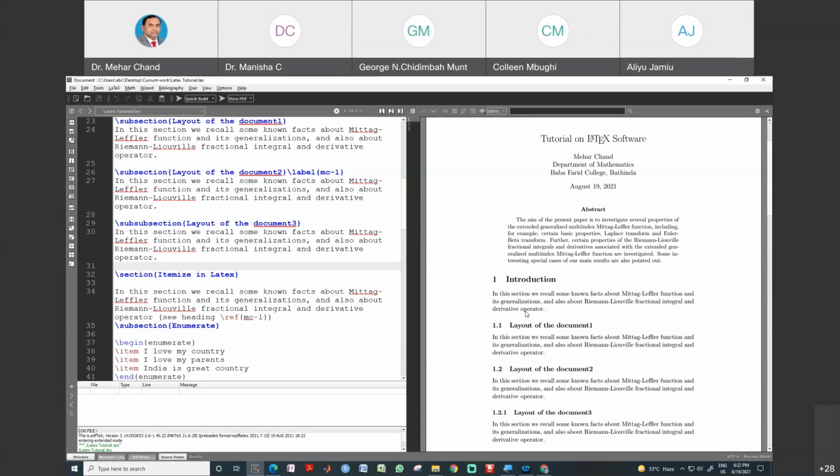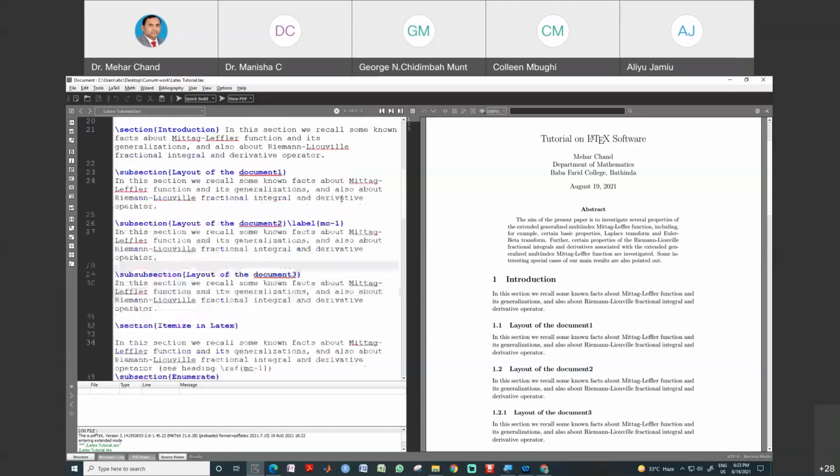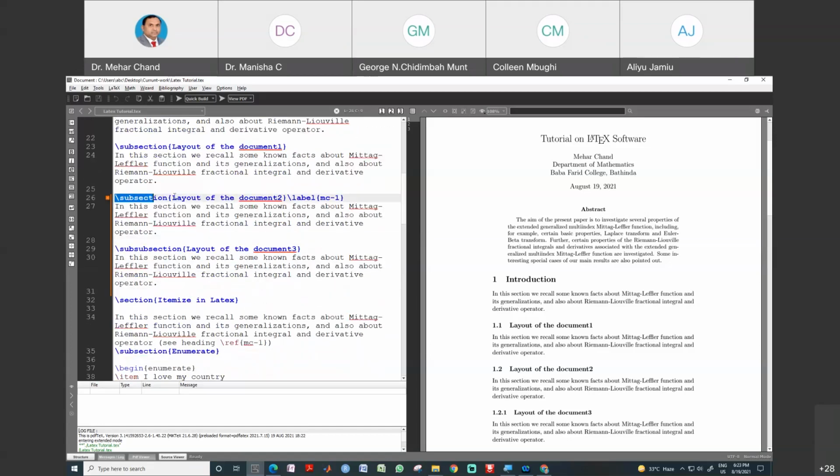Once you have prepared your document according to labels, the numbering will be controlled by this tex file. See here, for this subsection, I insert here a label. The same function will be used for figures, tables, chapters, headings, and subheadings, everywhere.